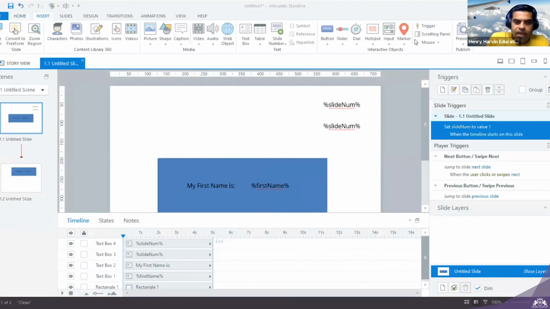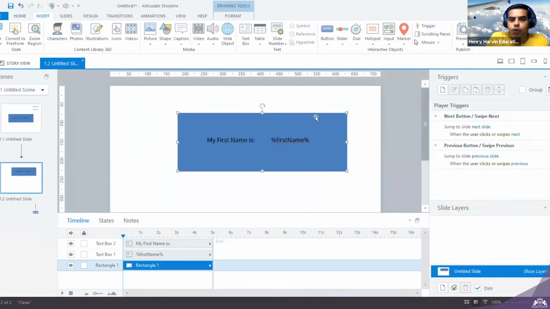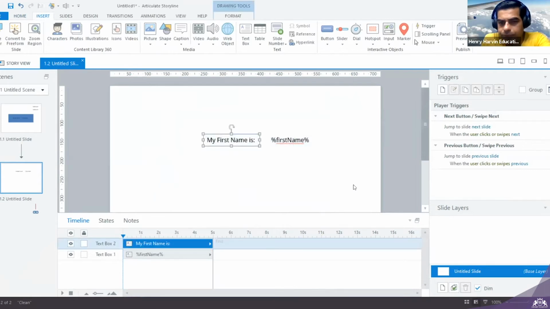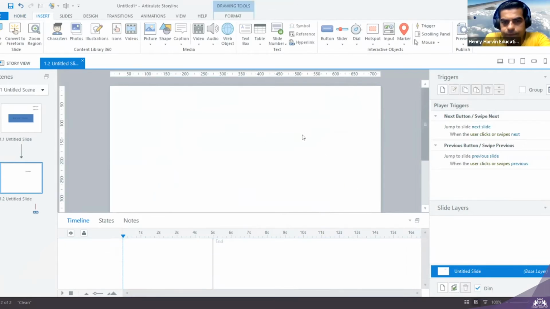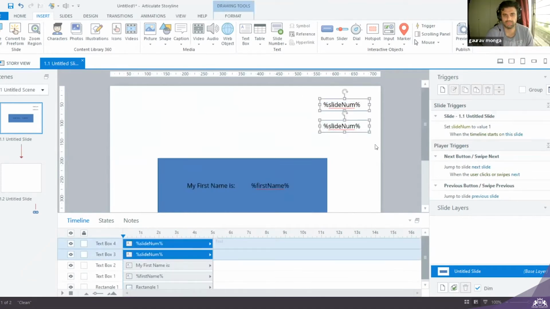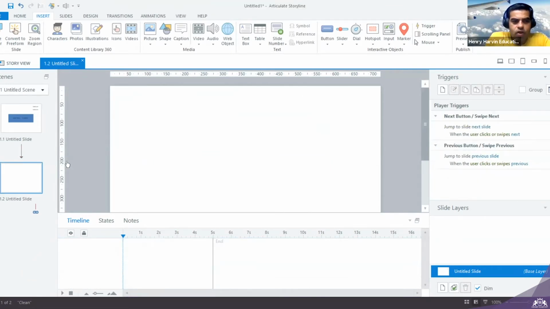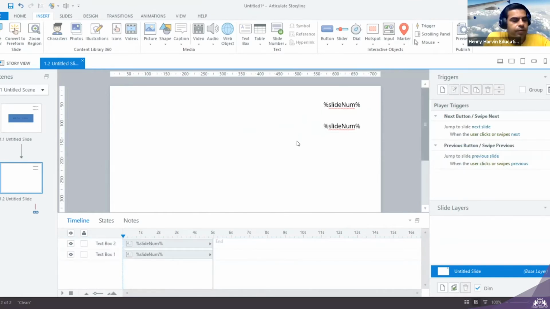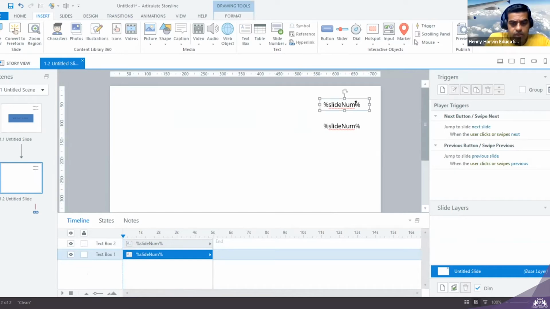Now here I want a value. You have to tell me what I have to do. Where do you want the value? I want the value 2. So I can copy and paste here. Will this work? Yes, you can just go to trigger now. Click on the text box. Now go to trigger.